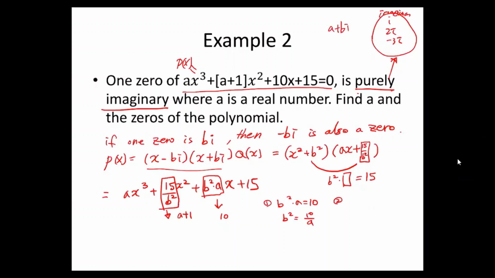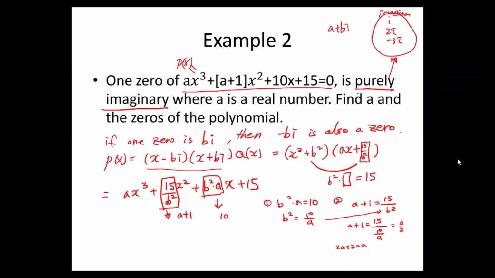The second one is going to be a plus 1 is 15 over b squared. I am going to substitute 10 over a right here. So a plus 1 is 15 over 10 over a, which simplifies as 3a over 2. Okay, and then when you solve the problem, then you have 2a plus 2 is 3a, and then eventually what you have,